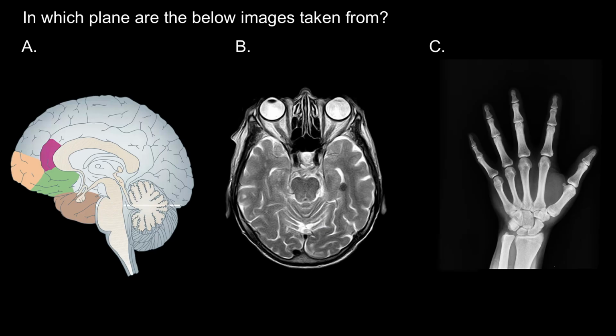Now here's a short quiz to see if you understand the material. Pause the video and see if you can identify which plane the pictures were taken from. A is from the sagittal plane, B is from the transverse plane, C is from the frontal plane,